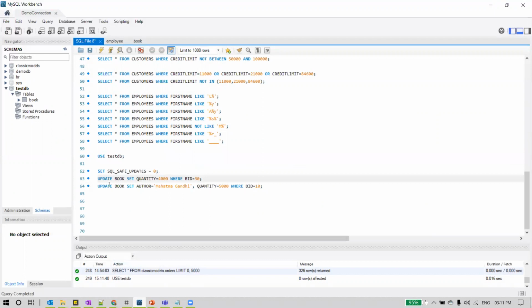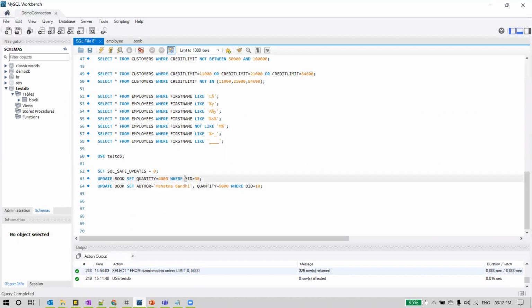and then there is something called SQL safe updates equal to 0. So we need to set this. Otherwise, MySQL will not allow us to update the columns if we do not have some key in the where condition. So what is a key? A key is used to uniquely identify any row, which we are going to discuss in detail in the coming sessions. But for now, just think of a key as something used to uniquely identify a row.